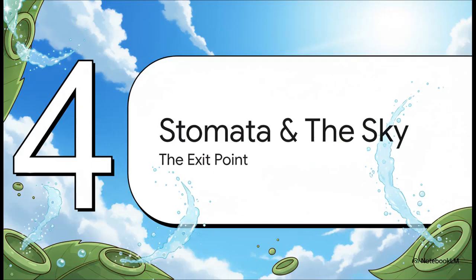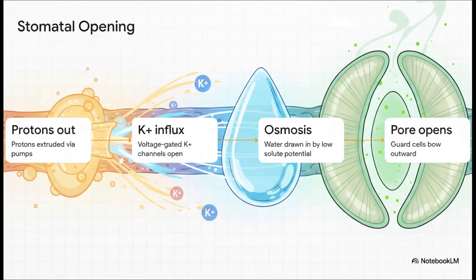Section 4. Stomata and the sky. Following our water column all the way up to the canopy, we reach the exit point. This is the mechanical cascade in action, showing exactly how turgor pressure acts as a hydraulic lever to open the stomata when conditions like light and internal CO2 are favorable. First, proton pumps hyperpolarize the guard cell membrane. This voltage shift opens channels that allow a massive influx of potassium. The buildup of potassium, chloride, and malate drops the solute potential, which vigorously draws water in via osmosis. This inflates the guard cells, supercharging their turgor pressure and causing their radially micellated cell walls to bow outward and